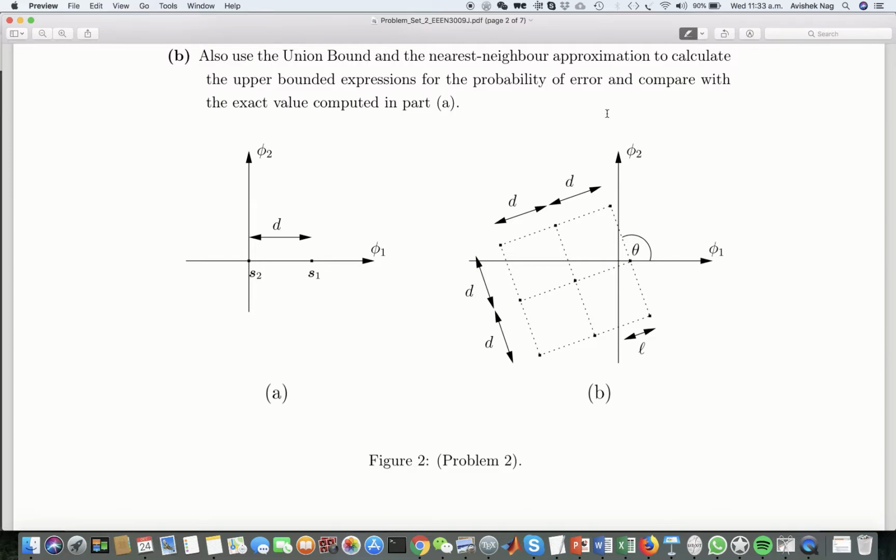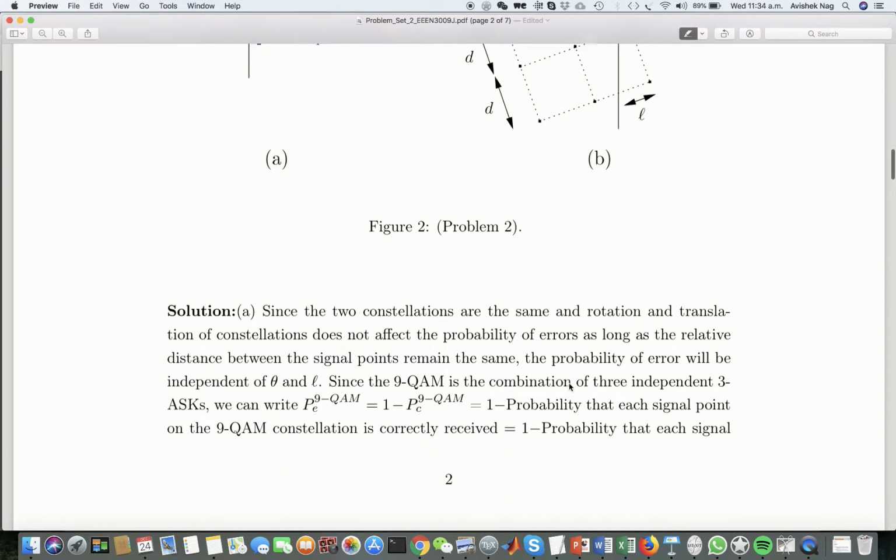So basically, there are two 3 ASKs here. One is on this side and the other is perpendicular here, and these two are independent. Again, this signal is a part of this 3 ASK and this 3 ASK. So if you see, each signal is actually a part of two arms of two 3 ASKs. So that being said,